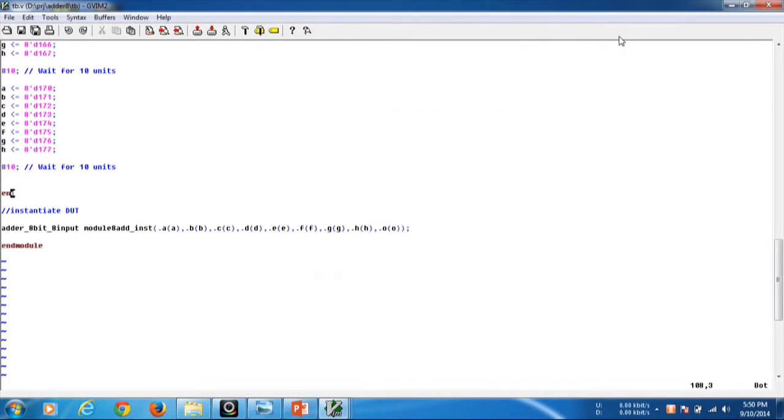The module name and the instantiation module name, and the wire connections between them using a dot, present the inputs and the signals to which they are connected.